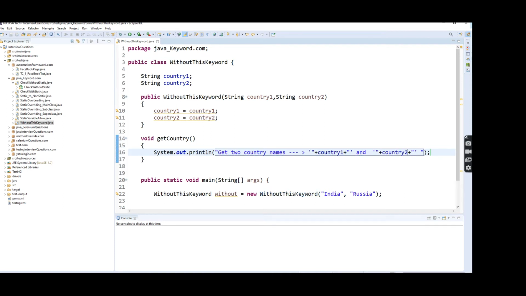So here this instance variable and this formal argument are the same, right? Here I didn't use any this keyword.